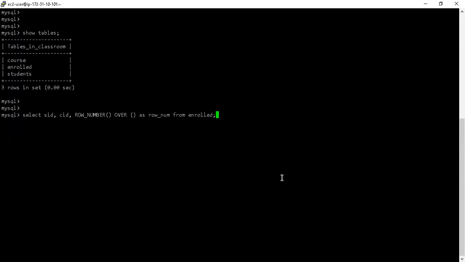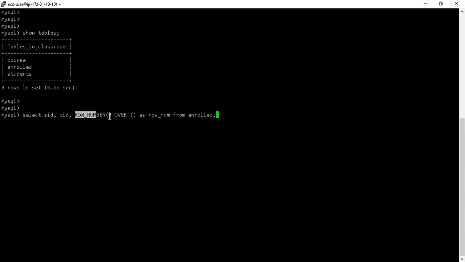And what we did here is I've selected two columns which are already there in the table called enrolled. I'm selecting from the enrolled table, specifically SID and CID. Those are the two columns which you see over here. This is the student ID, this is the course ID. And then this row number over something is my way of defining or calling a window function. So row number is my actual function.